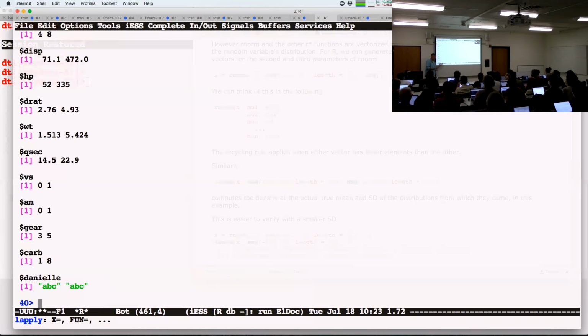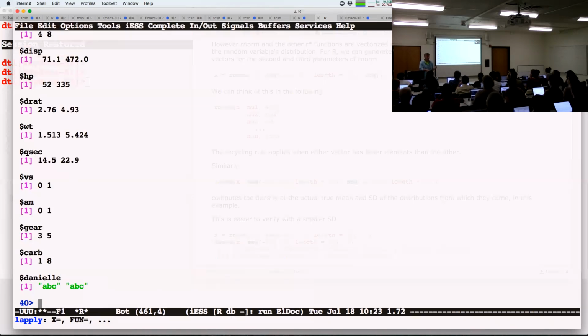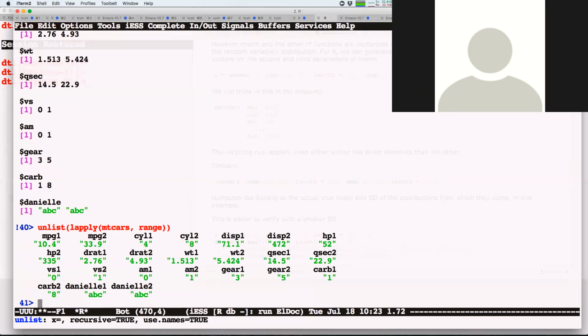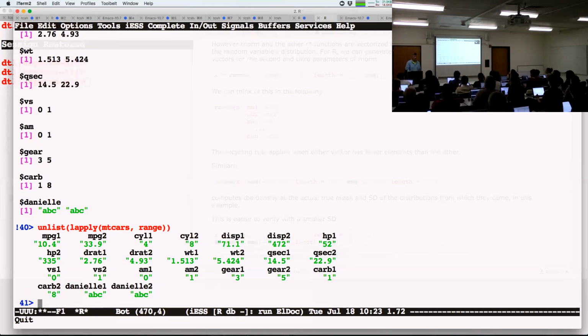So here's a general rule of thumb: when I'm typing interactively and I know what I'm doing, and I know what the answer is going to be, I use sapply because it's a heck of a lot easier than unlisting. If I unlist this, oh my God, I get a beast. If I go back over here, so now I just type unlist. Hang on a second, is that the order in which I expected them? Maybe, maybe not. Am I going row-wise or column-wise? I may not want this, okay?